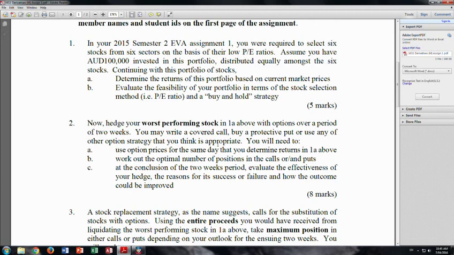Because effectively that's what you did, right? You use PE ratio, you identify the stocks, and then you create a portfolio. So you're saying that you have used PE ratio to select your stocks. So determine whether that is a good approach or not, and determine whether buy and hold strategy is a good approach or not. Okay? Now, in order to do that, you then need to discuss